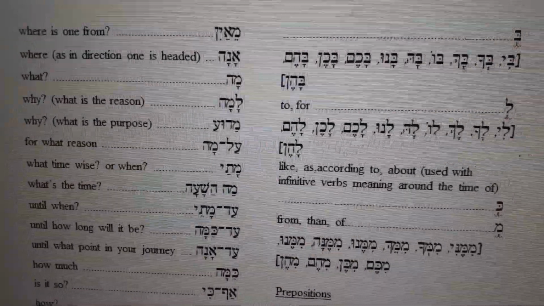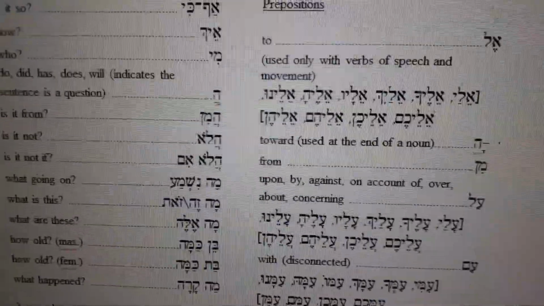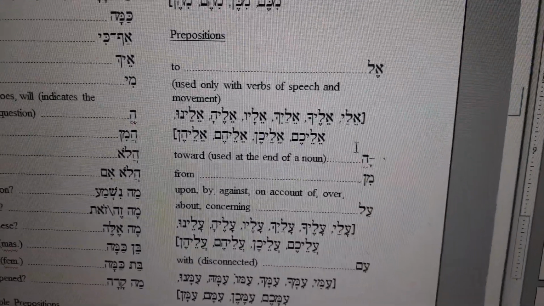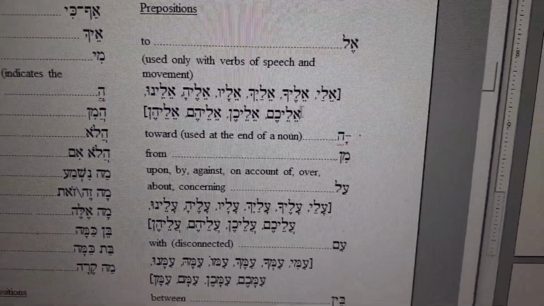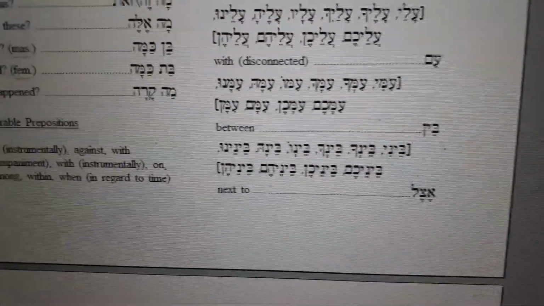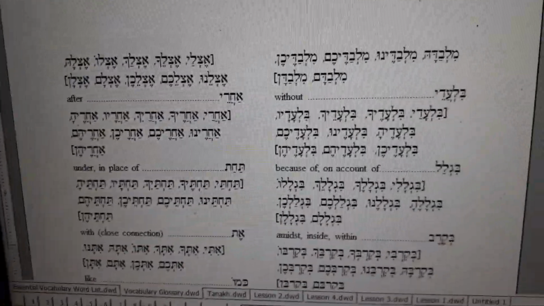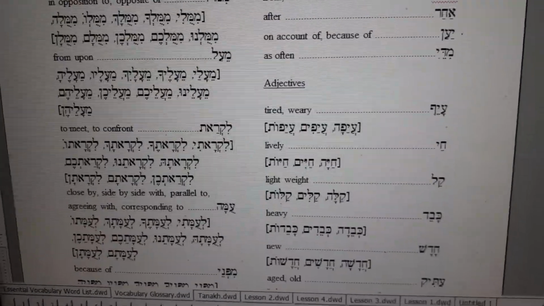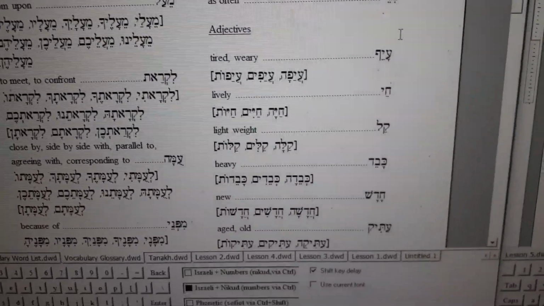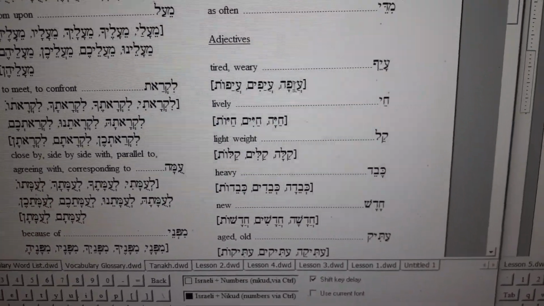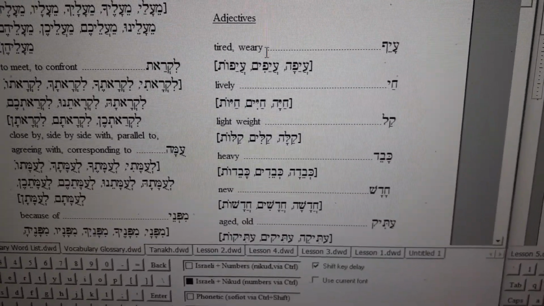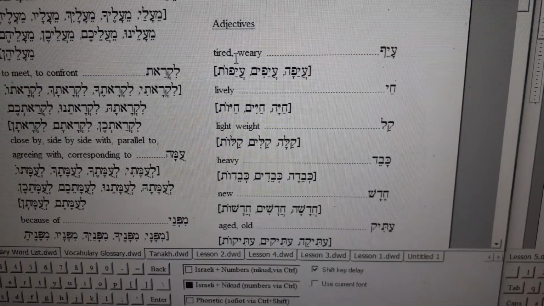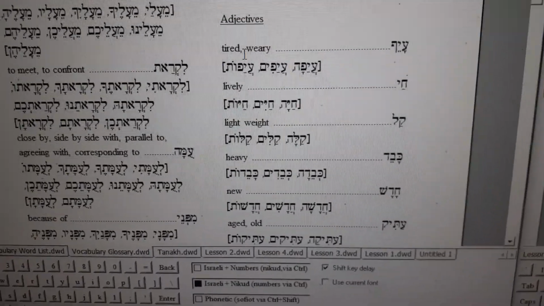Okay, so when it comes to things like prepositions, right? I'm giving you all the forms here so that you can put L with all the pronoun endings to it, as well as any preposition that has a pronoun attached to it that you can use. And then, of course, when we get into adjectives, you're going to be able to have the adjective and all the forms that are used, the feminine, plural masculine, and plural feminine, so that basically when you're learning the lessons,